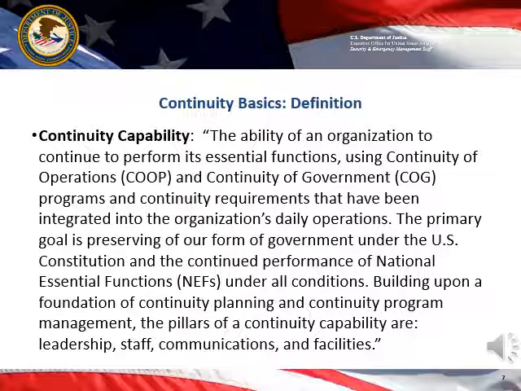These programs ensure that the Department of Justice and other federal agencies can function after an emergency of national significance impacts their everyday operations and supports the federal government's ability to continue to operate on a national level after a